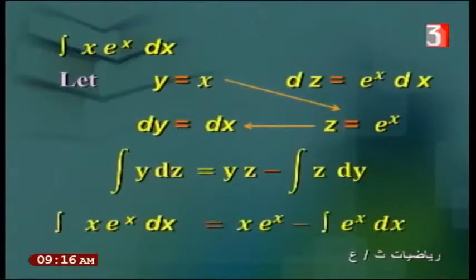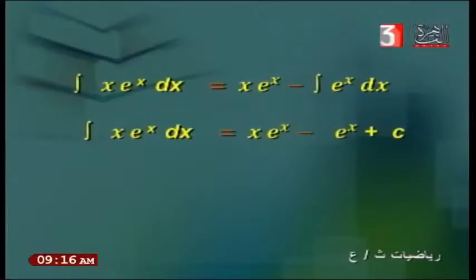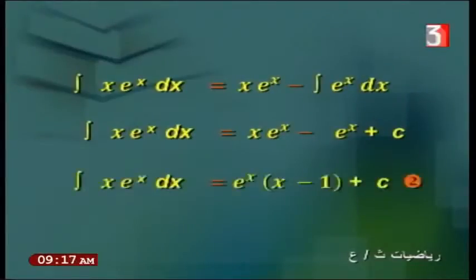Integration x e power x dx equals x times e power x minus integration e power x dx. This relation, x e power x minus integration e power x dx, equals x e power x minus e power x plus c. Then the integration from the second equation and the first equation, the second equation is e power x multiply x